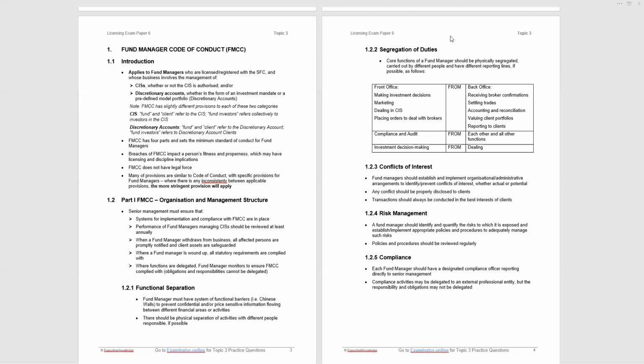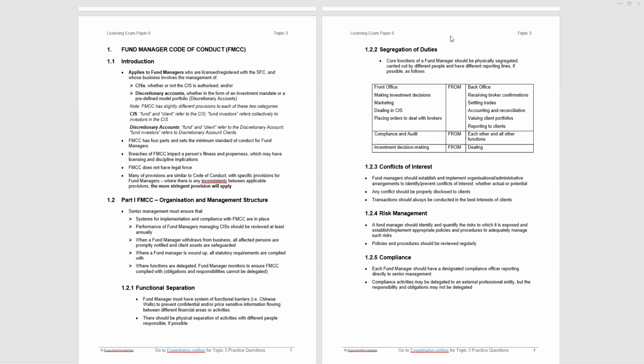Now, usually discretionary accounts are for individuals or for a family, perhaps. Collective investment schemes are your mutual funds, your unit trusts. What is the difference between unauthorized and authorized collective investment schemes, and why is there the distinction? For a collective investment scheme to be offered to the investing public in Hong Kong, it must be authorized by the SFC. If it's not going to be offered to the investing public in Hong Kong, but is managed for private investors, professional investors, it does not have to be authorized, but the manager still has to comply with the Fund Manager Code of Conduct, etc.